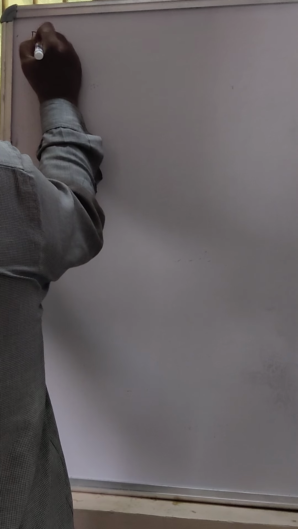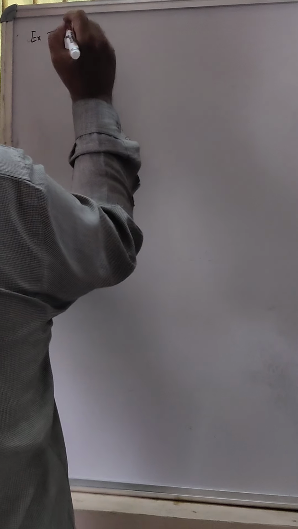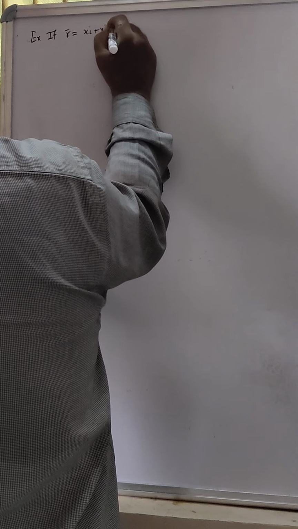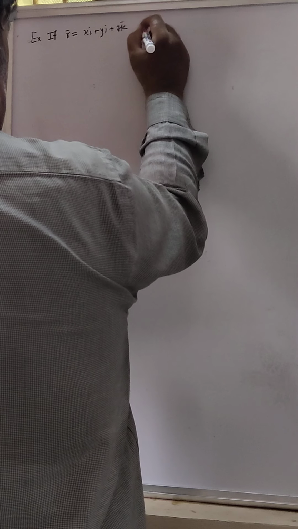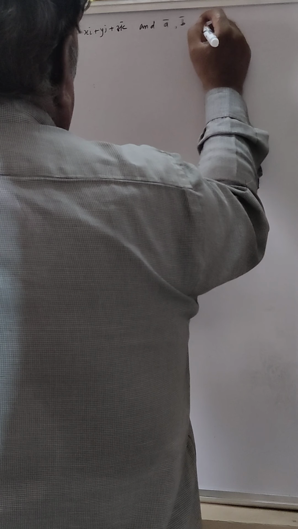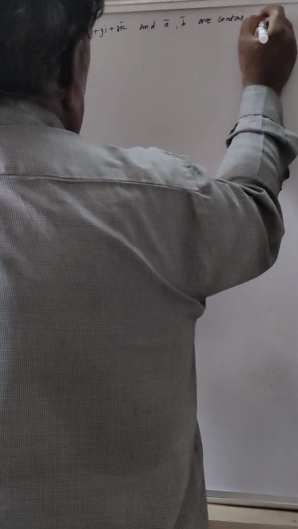Next example. If r vector is equal to xi vector plus yj vector plus zk vector, and a vector and b vector are constant vectors, so that